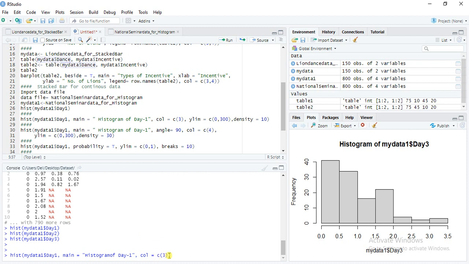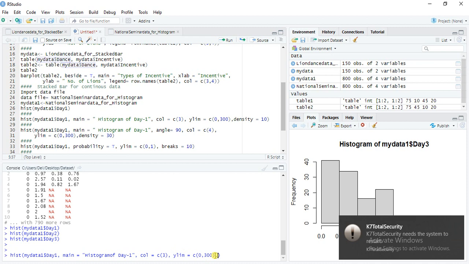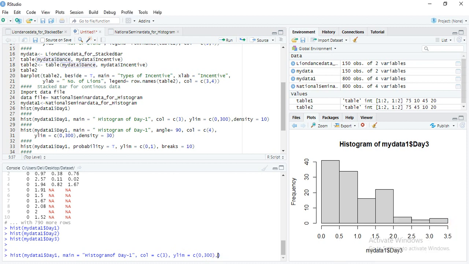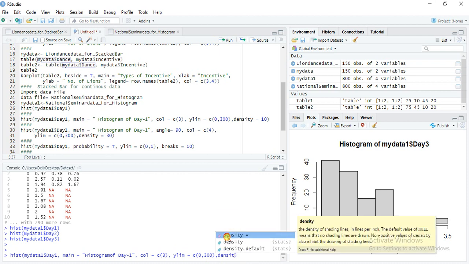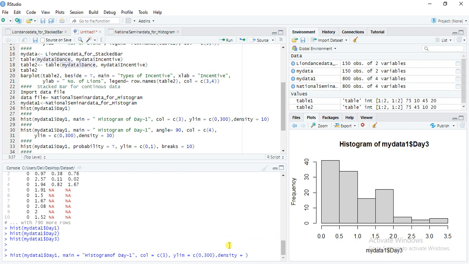I'm taking 3, and then comma, ylim equal to C 0 to 300, and the density of this graph, density equal to 10.